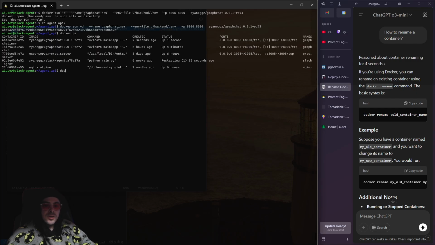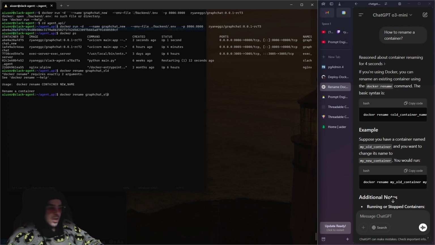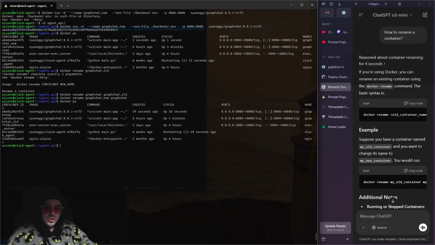That one's there, so we're gonna do Docker, and it says Docker rename graph chat to old. Oh, whoops, graph chat to old container. Okay, graph chat, and then we're gonna do new graph chat. Now we're gonna do